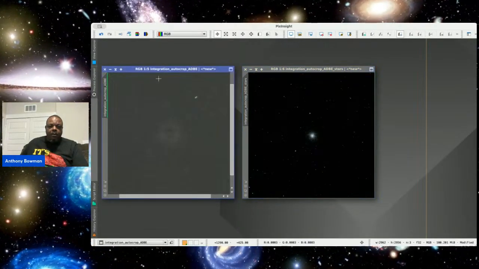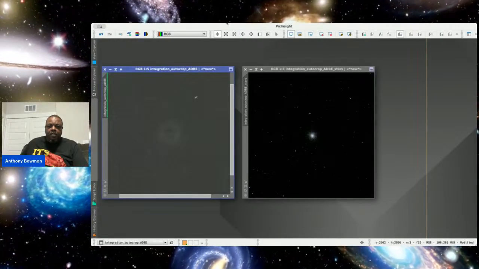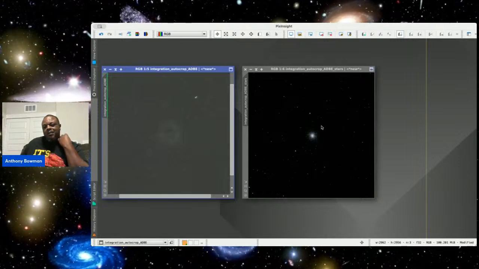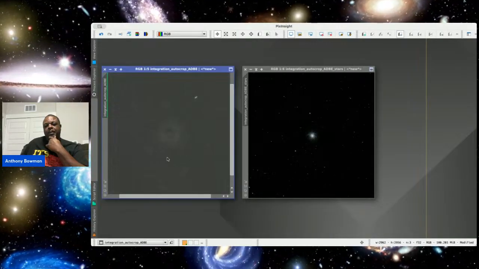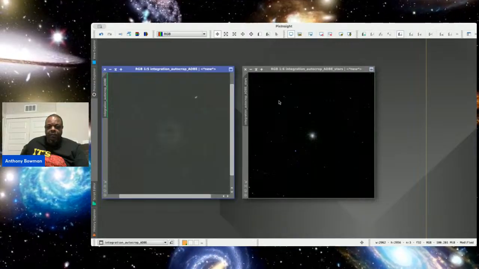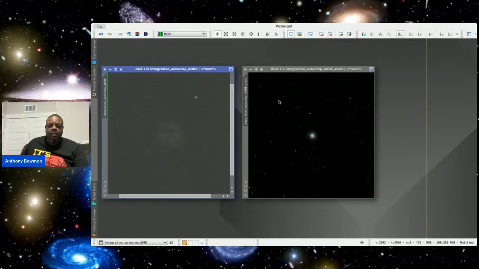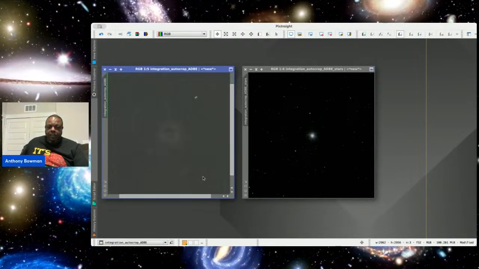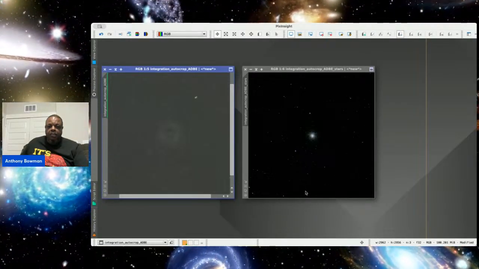Okay, now we're gonna stretch this picture as well, which is the background. Now, sometimes I like to just go with this, especially if I'm just doing stars. I would just go from here. I wouldn't put it back together, but for the sake of the video, just going through it, we'll go through it, so you can get an idea of what's happening. Okay, when I want to stretch this picture, I don't use the Star Stretch. I go into what's called Statistical Stretch.